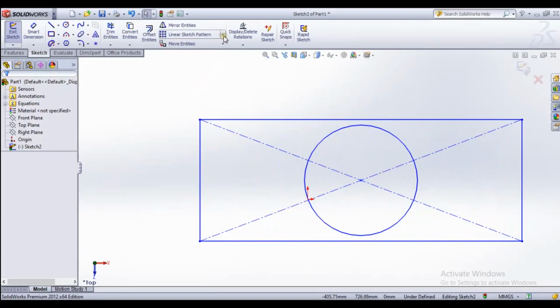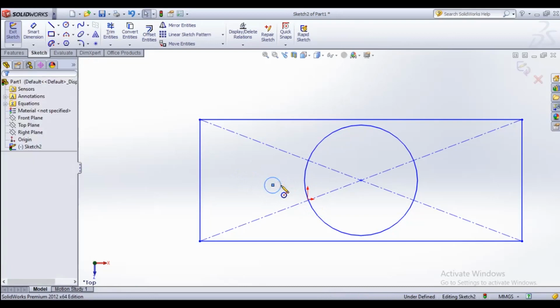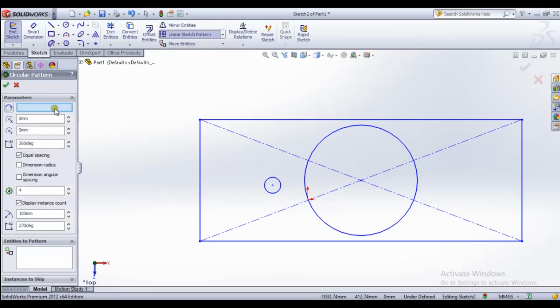Let's see how the circular sketch pattern works. I am going to draw a circle again. I draw that. Now I am going to take a pattern from this. Okay, entities to pattern. This is the entity.